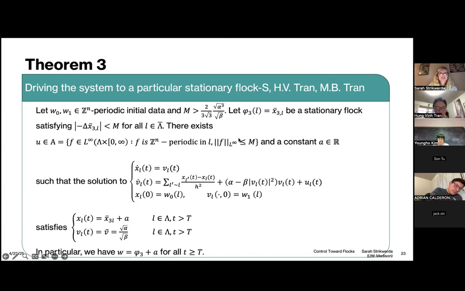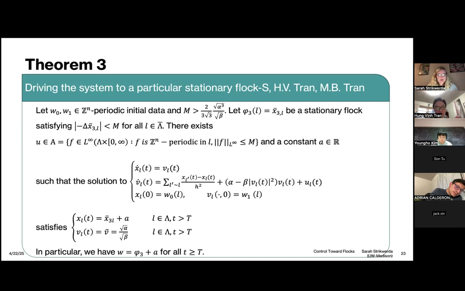So in theorem 3, we want to drive the system to a particular stationary flock. So similarly to before, we're given a flock, but now it's stationary. So our V bar is just going to be 0. And we still have this condition on m, and so we still have the condition on the Laplace that it should be less than m. And then we say that U is going to be part of this class that's less than m, and we can find a solution to this system that after some finite time, it actually goes to having, oh, this should be 0 here, so 0 velocity and this given